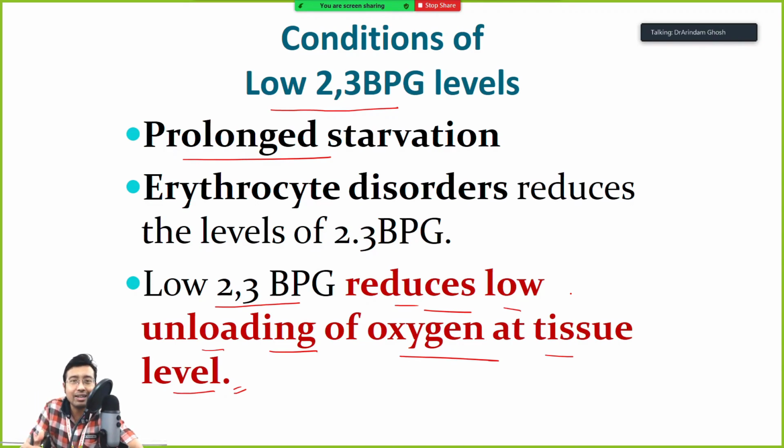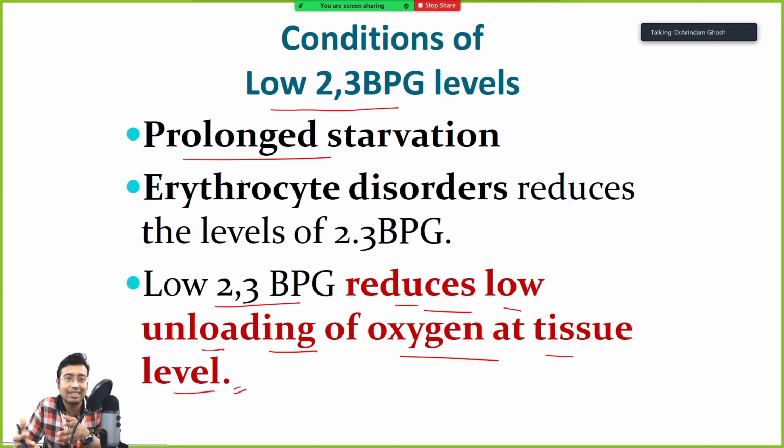So when there is a low 2,3-BPG level, there will be high affinity of oxygen for hemoglobin. You get my point? So there will be high affinity for oxygen, and they need to lose the oxygen at the tissue level. We agree to all of that. So how can you explain? The tissues are dying, starvation, the brain needs more oxygen, but hemoglobin is holding oxygen, it is not giving out oxygen.